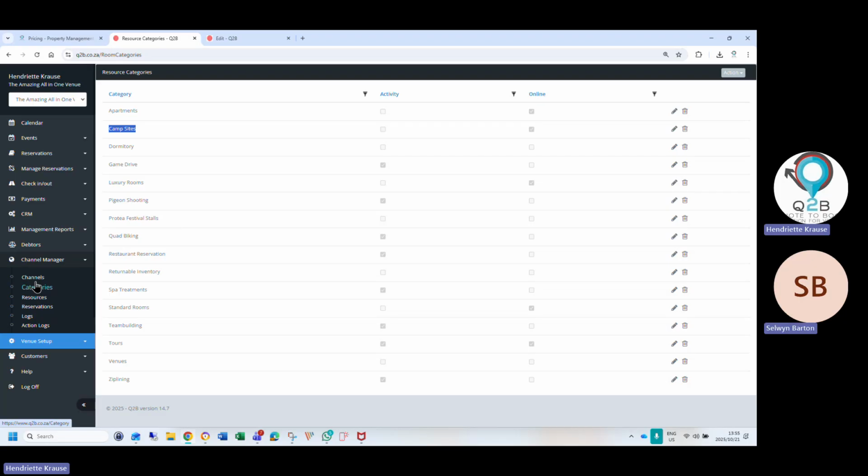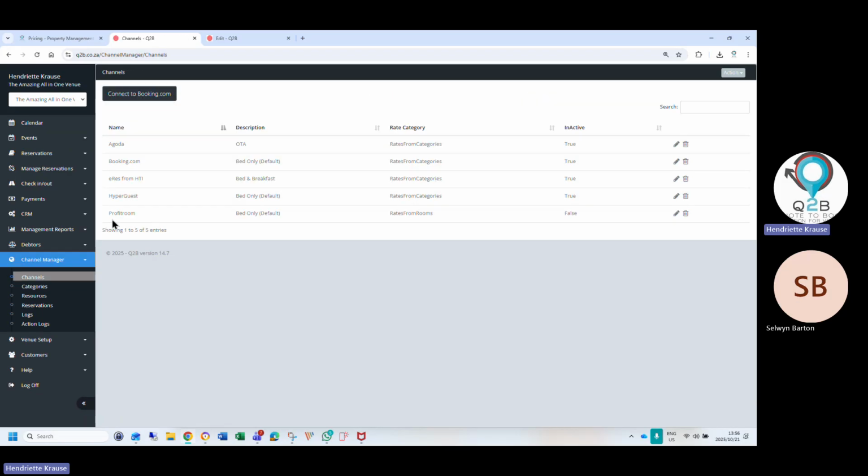Okay. So now, look, Profit Room, we're going to work at Profit Room. You guys do integrate with Profit Room. Yes. So we integrated with Profit Room. It works for us. They don't like to be called the OTA. But we've got the same integration that we've got with our OTA, we've got with Profit Room. So we push real-time availability and we push rates towards Profit Room. Okay, because they've also got a channel manager that covers all the places we've got.